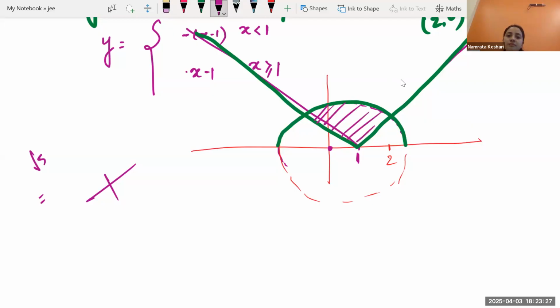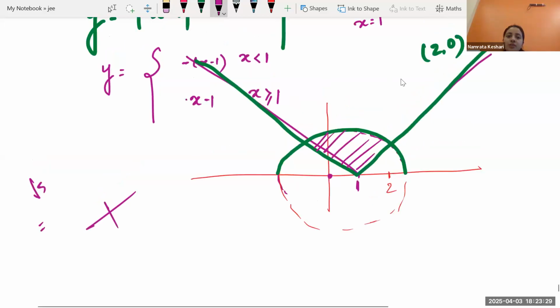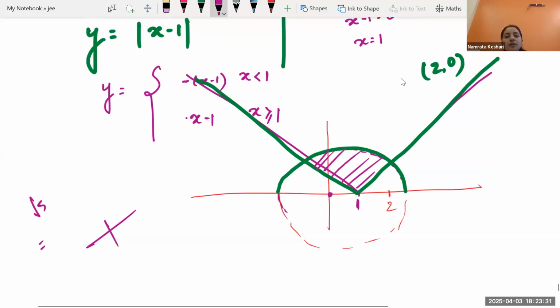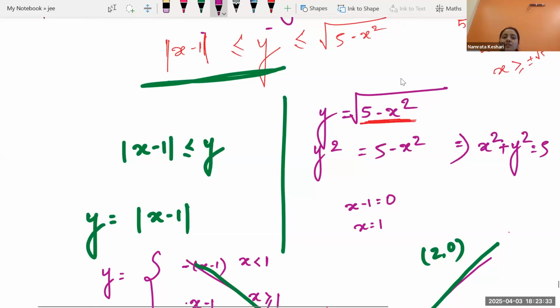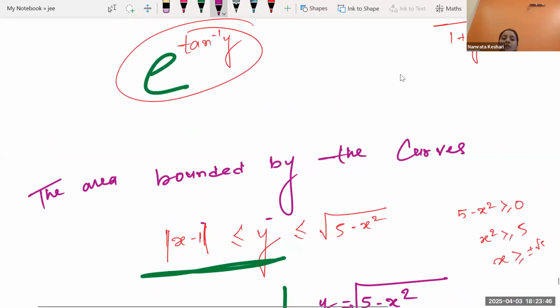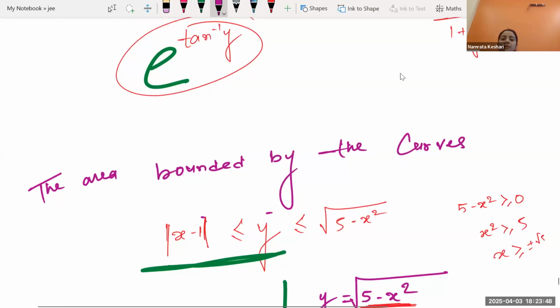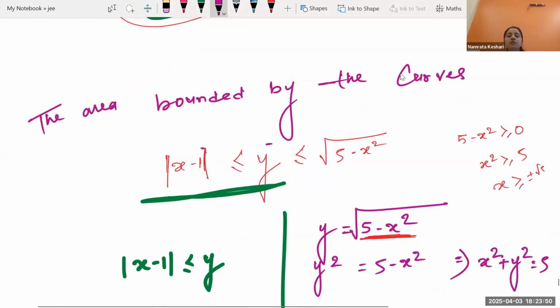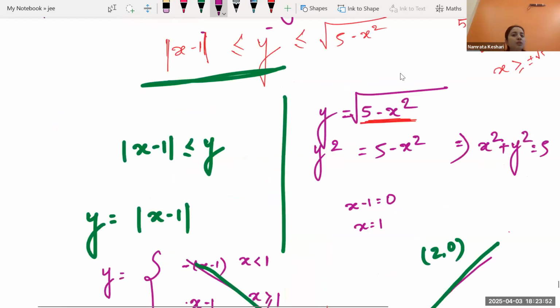Then we need to find the area. So are you understanding how we can work with the inequalities and plot the graph? Once you are done with plotting the graph, you will be able to find the area. So this is how, when a compound inequality is given, you can separate it and then